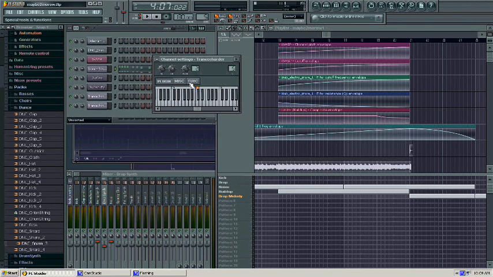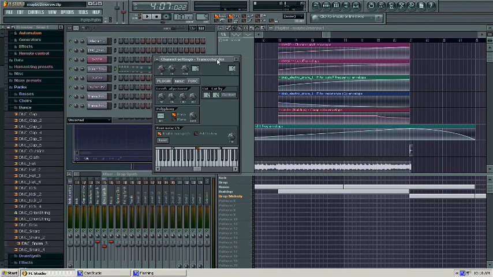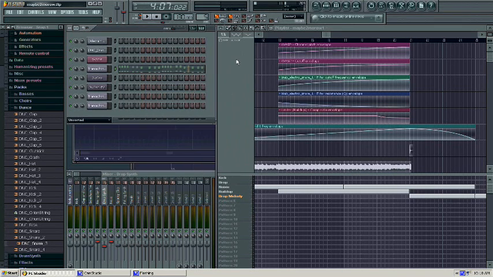In addition to that, under the channel settings for the Transcorder, go to your MISC tab, and you want to put on your portamento, and the slide should be at around a little above the first quarter. So make sure you turn that on. That's going to give it a little bit of pitch bend and kind of thicken up the sound too a little bit, I found. So I liked that effect on there.